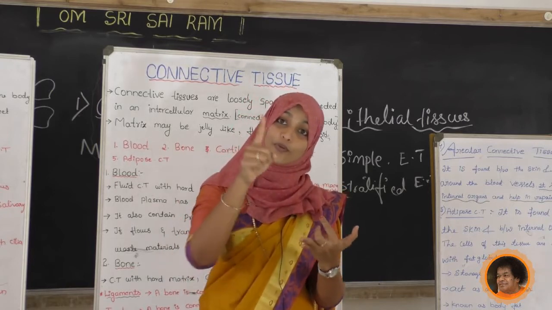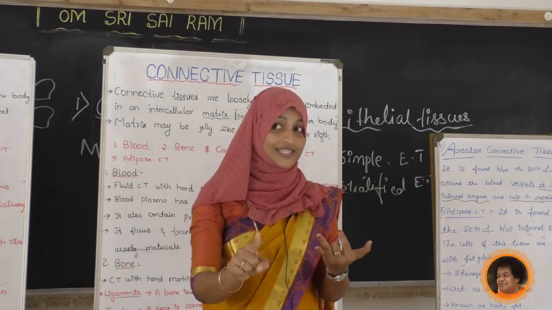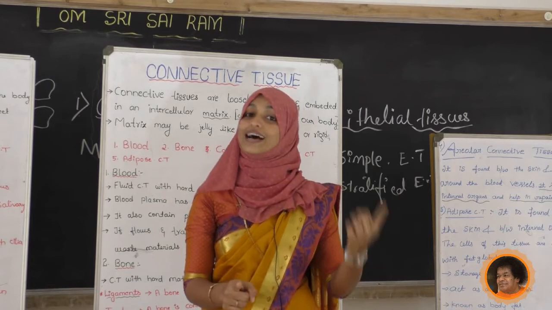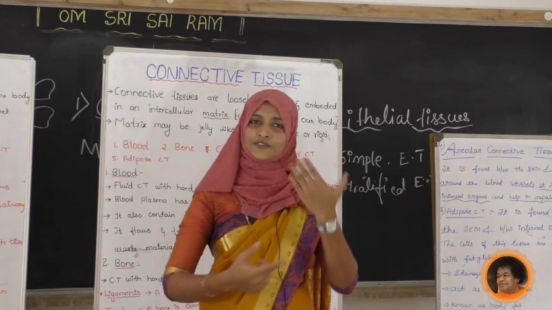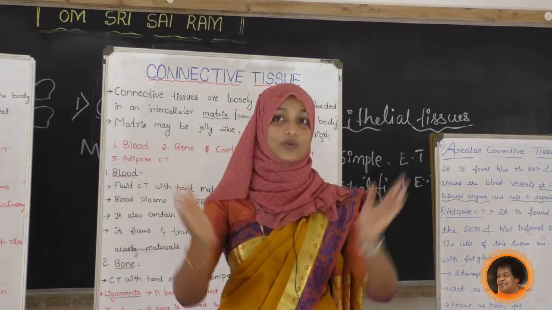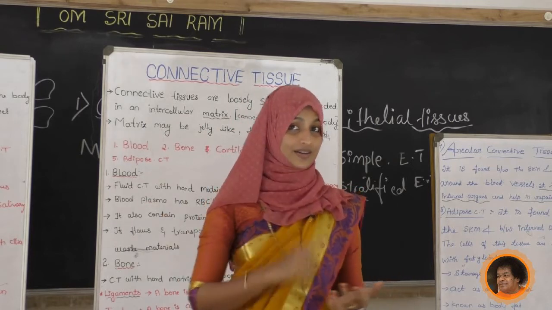Next we have studied the smooth muscle. It is also called involuntary. Why is it called involuntary, and why do we call voluntary muscle a striated muscle? You have to answer that one. After that we studied the heart muscle. What is the function of heart muscle? It is also called cardiac muscle.